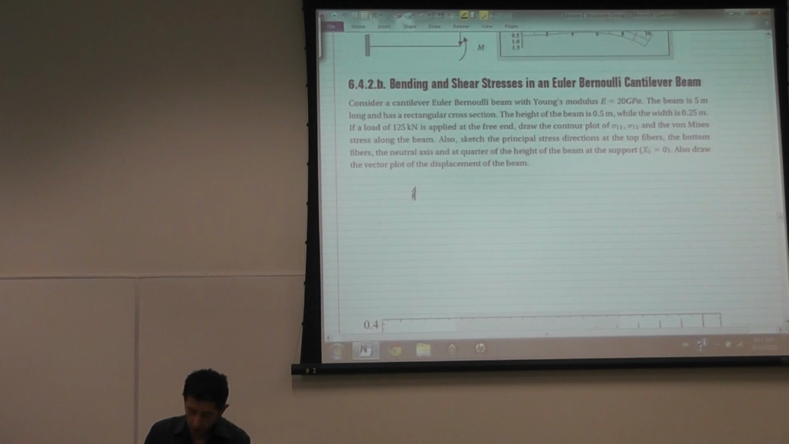So for example, I have a cantilever beam, Euler Bernoulli cantilever beam, so I know which differential equation I'm solving. I have Young's modulus, beam is 5 meters long, rectangular cross section. The height of the beam is 0.5 meter and the width is 0.25 meters. I have 125 kilonewton applied at the free end. And you're required to draw the contour plot of sigma on 1 and sigma on 2 and the von Mises